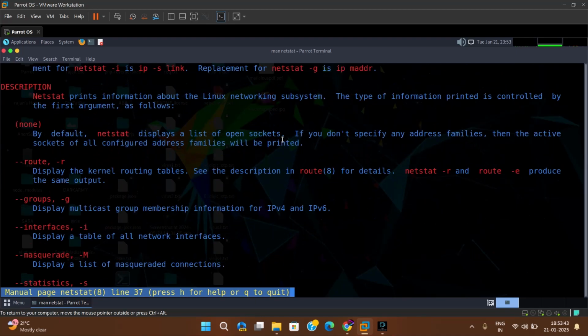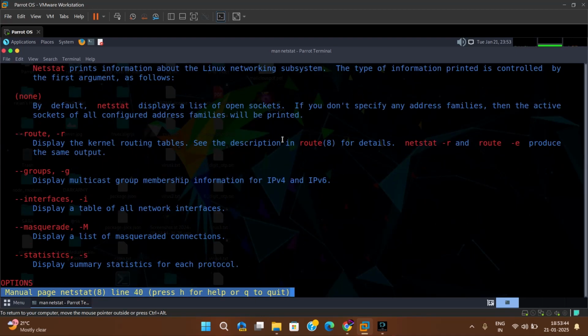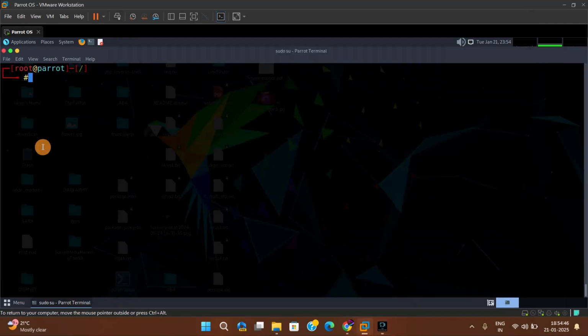So there are various options or attributes you can use with the netstat command. For example, the --route or the -r option you can combine with the netstat command to display the kernel's routing table. So, for example, if I run netstat and after that -i, then